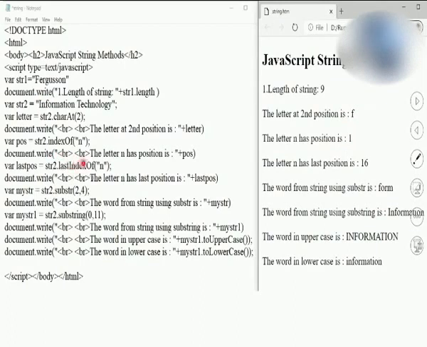Observe lastIndexOf. In this lastIndexOf from string 2, the last occurrence of N is over here, and that is position 16. You may count it. While counting, you need to count the space as a character. So students, over here observe the last position it has printed. Now next is substr. Here I have mentioned 2, 4. We start from the second character and take 4 characters.